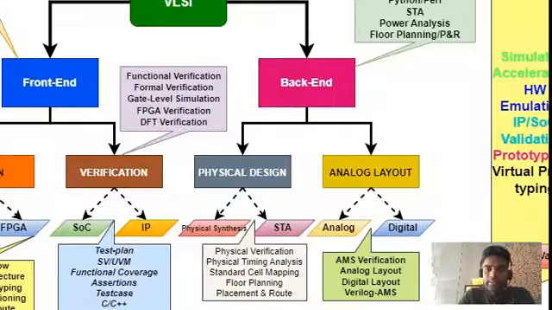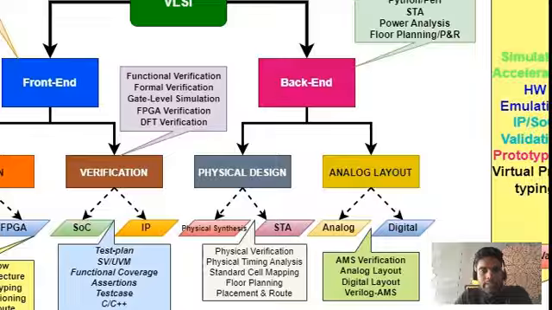So I thought it would be interesting to share some low-level information on what happens in each domain, what skill sets are primarily used, how I'm going to build my career in this VLSI domain, which one to choose, and how I can keep going forward. So I just thought of sharing a quick session on that, based on a few questions from the LinkedIn post